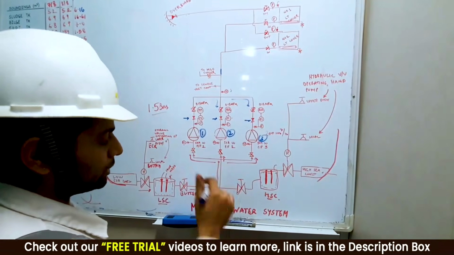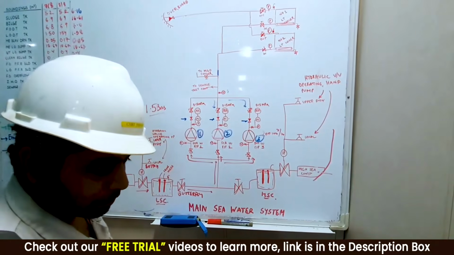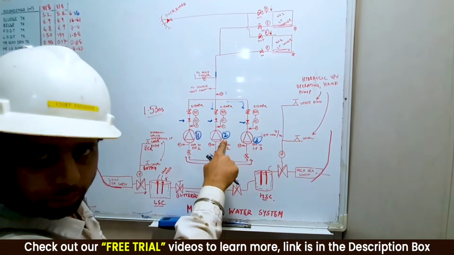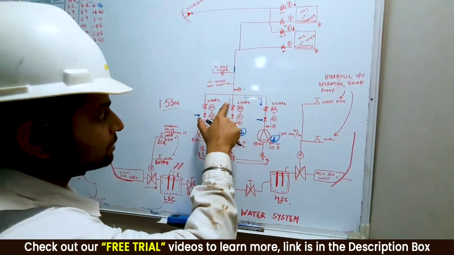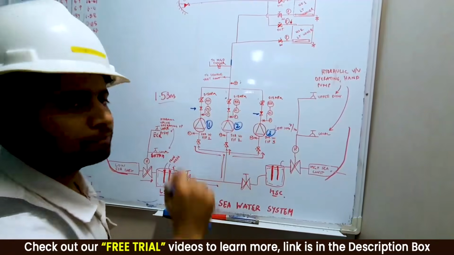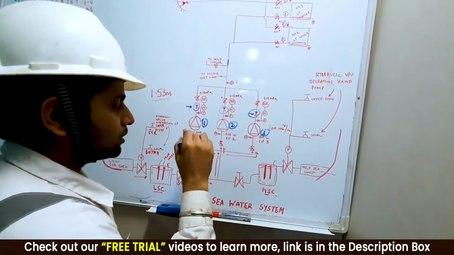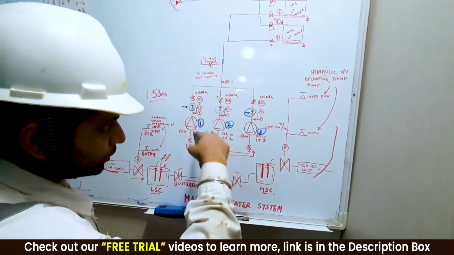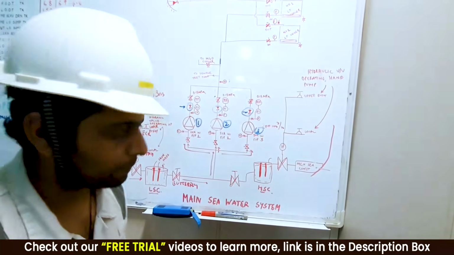The normal direction of a main seawater pump is, say, clockwise. So sometimes if you see that the main seawater pump is in stop condition and it is still rotating, that means its non-return valve is not holding, guys. This is a very, very important thing that you have to see and remember. The non-return valve should be functioning properly. Otherwise, while one pump is running normally, the other one will rotate in the opposite direction and your mechanical seal will get damaged. That's for sure, and we do not want that to happen.